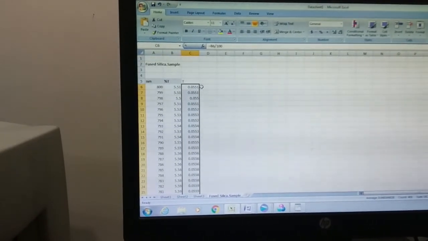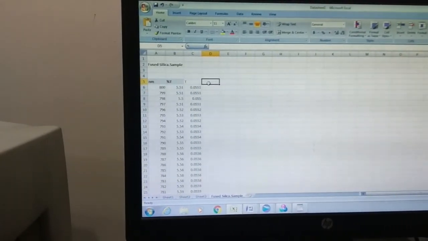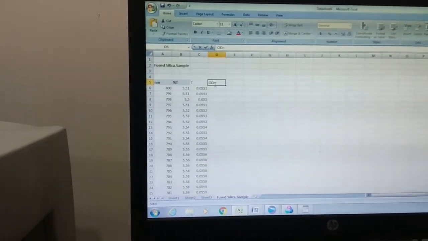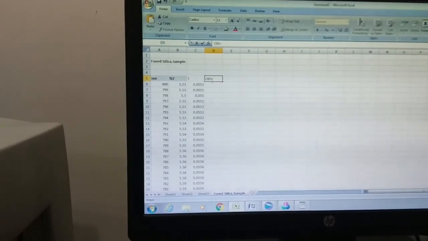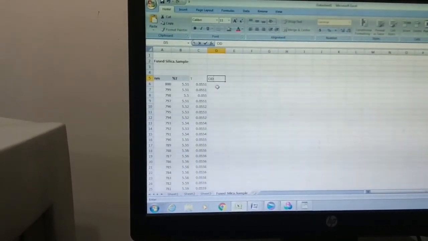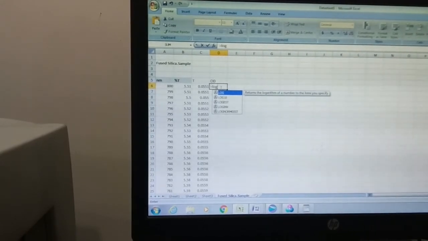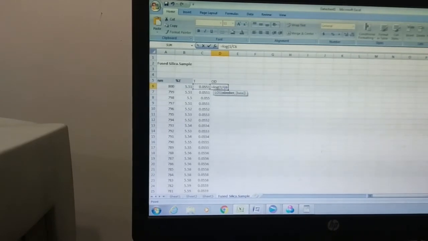Here we get the T values, then find out the optical density, which is obtained by this equation: log of 1 by T. This is the T value.